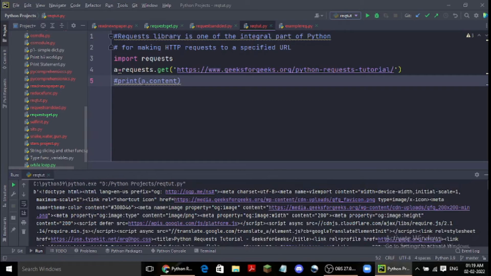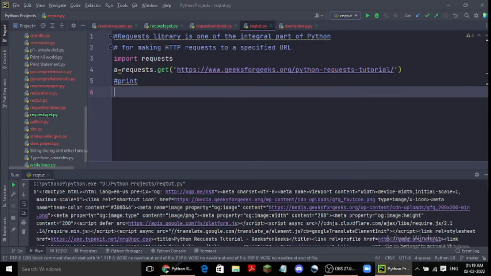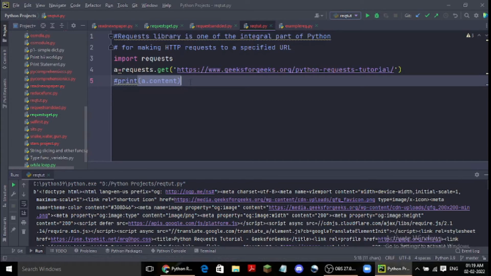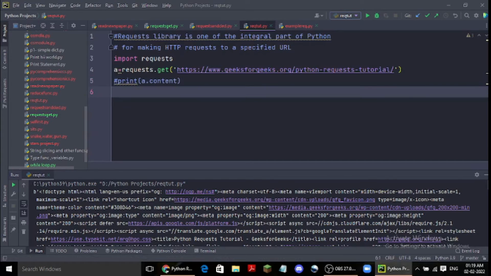Now I will comment it out so that it won't be a problem while running other code. Now there is a response object in the requests module. When we make a request to a URL, it returns a response.